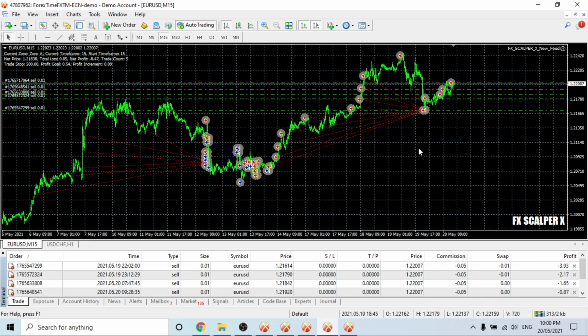now FX Scalper X. Look, I traded this EA on a live account, and it really done me over. And I thought I would give it another crack and see how it goes. But what I really don't like about it is, yes, it doesn't do martingale, but